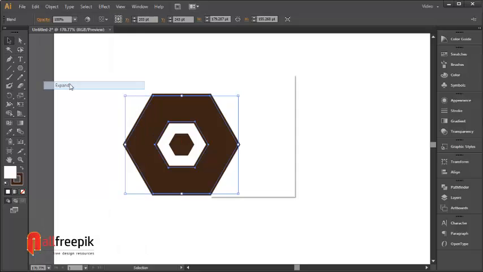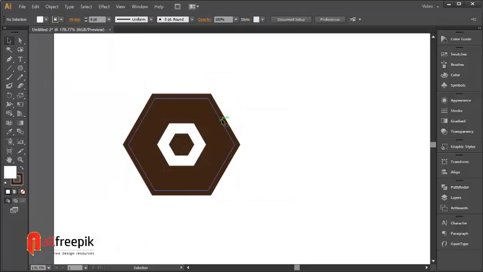Again go to Object menu and Expand. Select Object and Fill and Stroke.